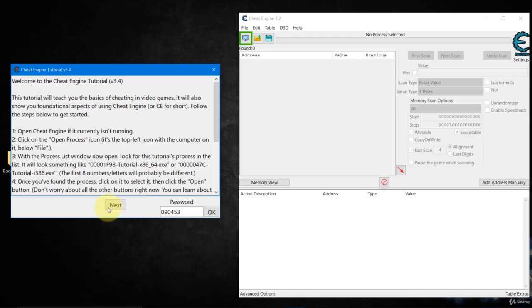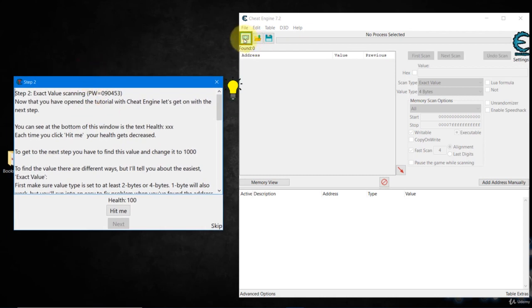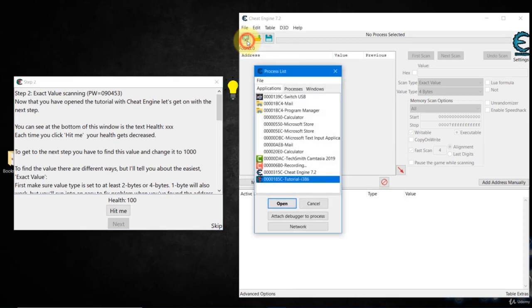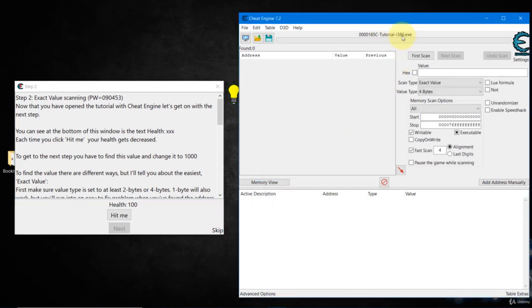So the first tutorial is called step 1. You can click on next. And okay, that was step 1, now it's step 2. In step 1, you're supposed to attach to the game. To attach to this game, you click on this button here, and then you will see a list of processes which are running in memory, and this is the one. So click open. And now you can see it is already attached